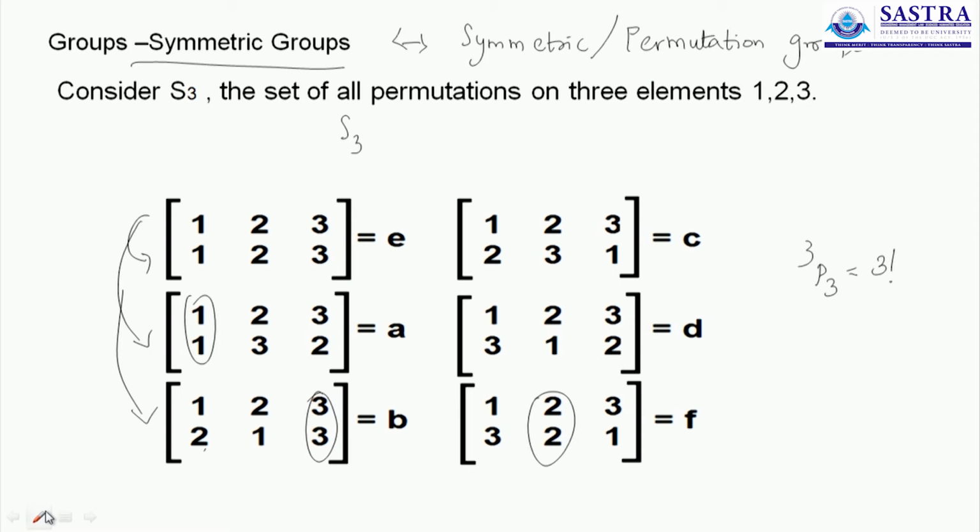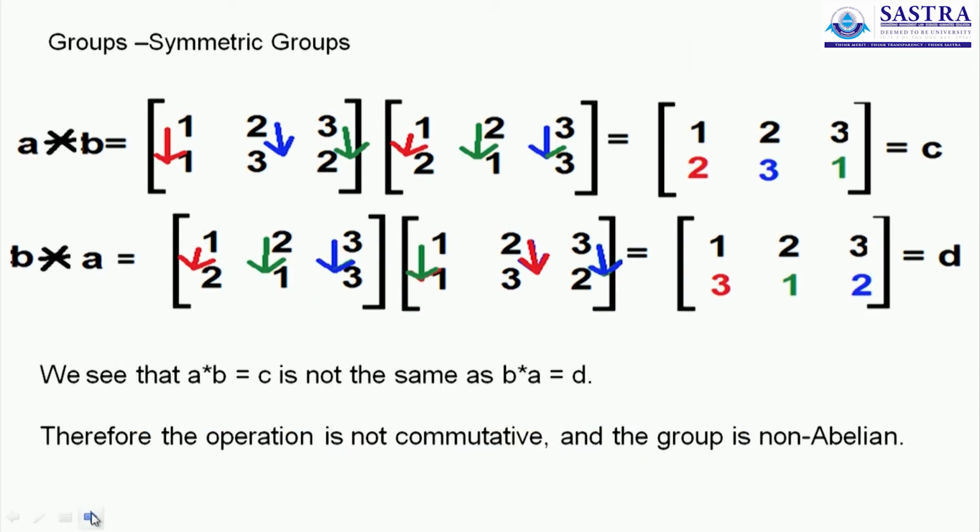So from the previous graphic, I've retained the definitions for A and B. A is 1, 2, 3, where the element 1 is unchanged, 2 and 3 are rearranged as 3 and 2. And B is the permutation in which 1 and 2 are interchanged, 3 remains unchanged. Now this graphic tells you of one conventional method to find the product A star B. So for A star B, you write A and B side by side. A is 1, 3, 2. B is 2, 1, 3. You have written them side by side.